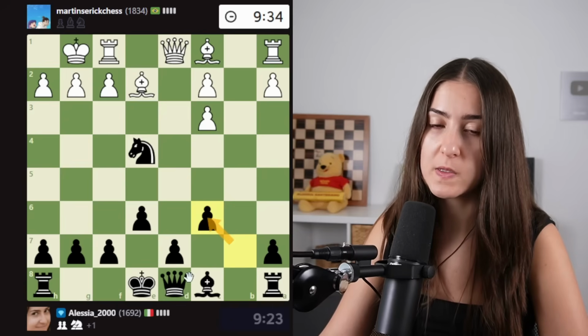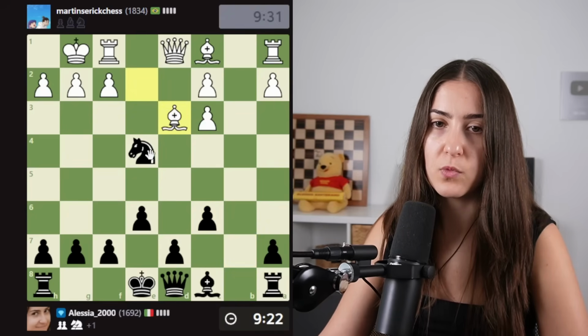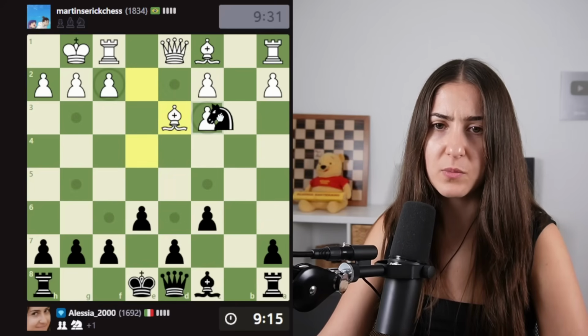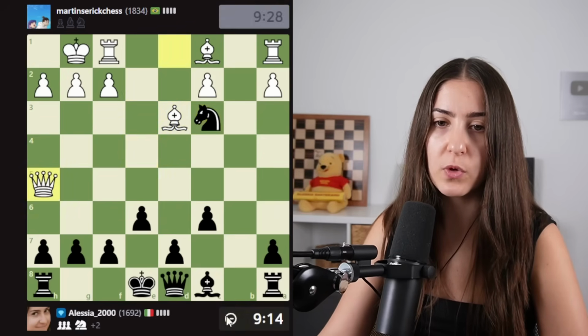I took back towards the center. This is very important. d5 is going to be my next move, or maybe not. I'm gonna take also this pawn. I hope I'm not being too greedy, but it looks great because there is no way to attack my...